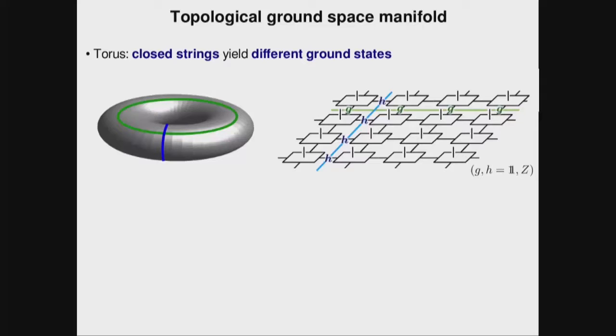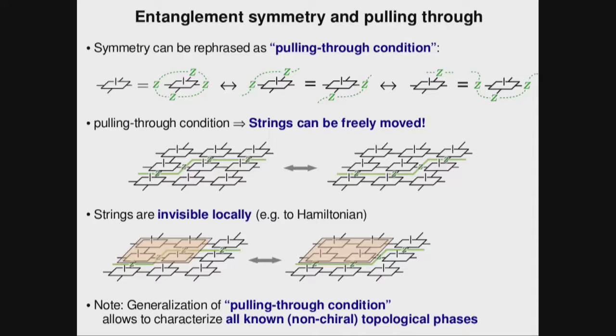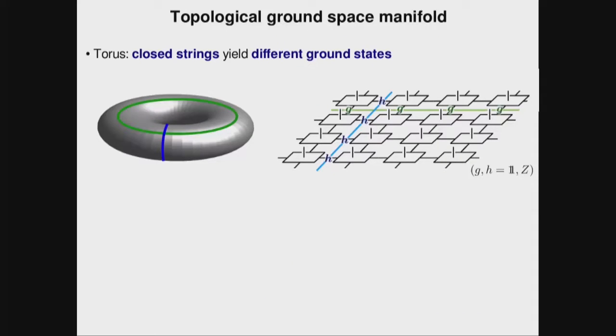If it would be a closed loop somewhere, we could make it smaller, smaller, smaller, and it would go away, because the very last condition tells us small loops go away. But if it goes around the torus, there's no way of making it smaller, right? Because it goes around the torus. So indeed, these should be 4 different states, and one can indeed prove that this Hamiltonian has these 4 states